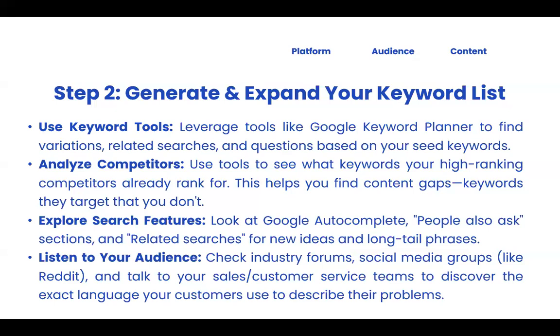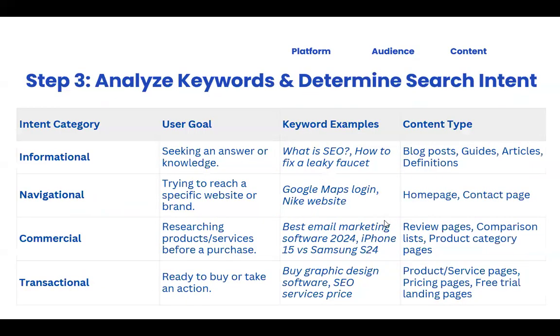So step 3 is to analyze the keyword. I have a table here where you analyze keywords. The purpose of analyzing keywords is to identify search intent. What are these people looking for? For instance, I have some examples here. If somebody types